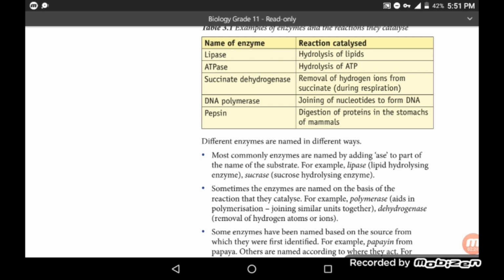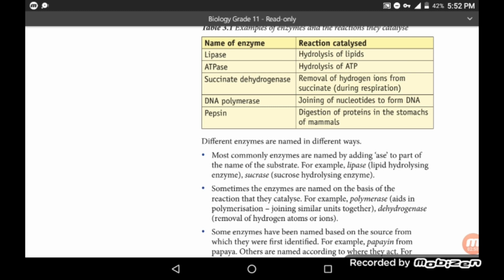And succinate dehydrogenase, the removal of hydrogen ions or hydrogen atoms from succinate during respiration. And DNA polymerase, joining of nucleotides to form DNA,